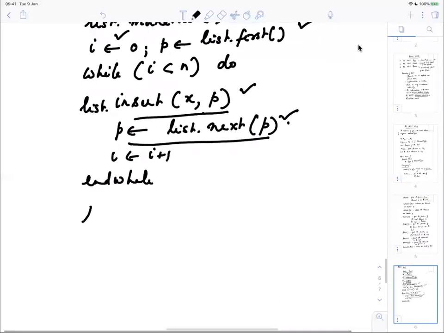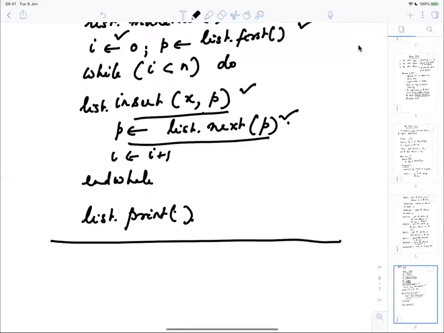Then what could I do? I can say list dot print to print all the elements in the list. Okay. Notice that we don't even know how the list has been implemented. So we'll stop here and we will talk about the